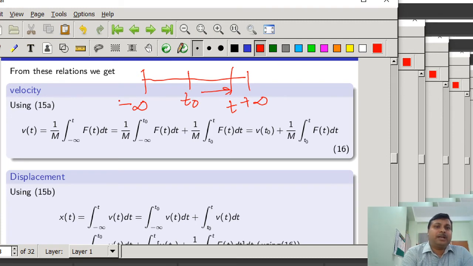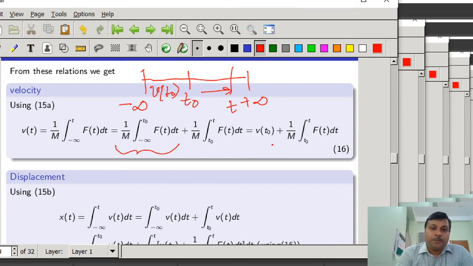So that's why we have started the integration from minus infinity to t, which again can be decomposed into two parts, that is minus infinity to t0 and t0 to t. So what is 1/m integration from minus infinity to t0 of f(t) dt? This part is representing the initial velocity v(t0). So that's why we have ultimately written v(t) equal to v(t0) plus 1/m integration from t0 to t